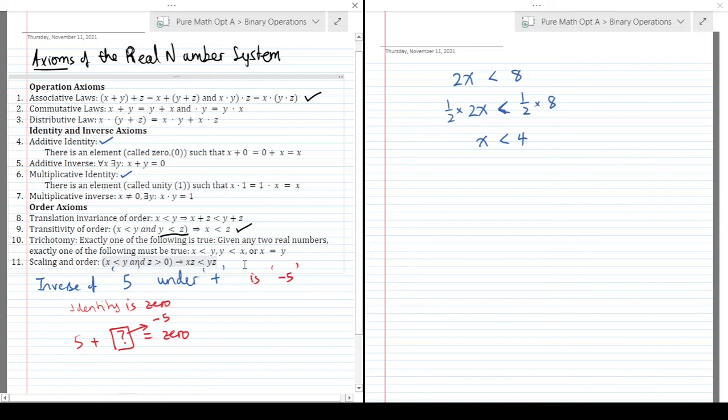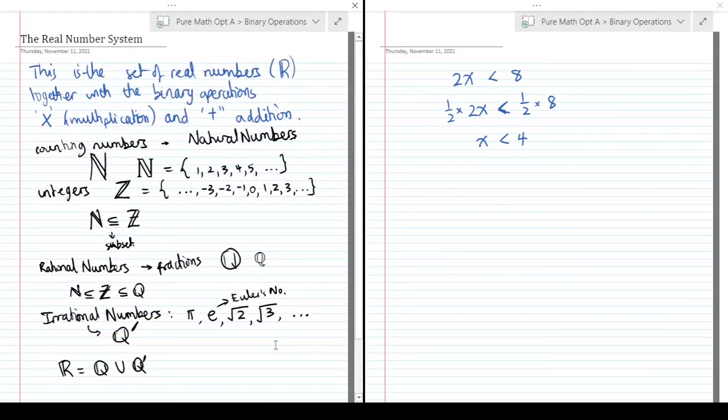So if x is less than y and z is positive, then xz is also less than yz, right? So basically that tells you, again, if you have an inequality and you multiply both sides of the inequality by a positive constant, a positive real number, you do not have to switch around your inequality sign, right? So I just wanted to run through these axioms of the real number system